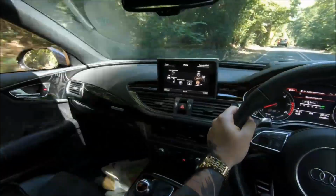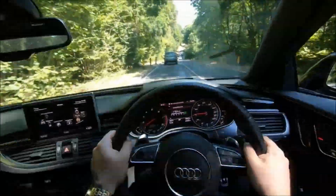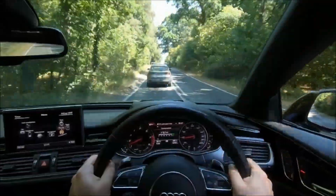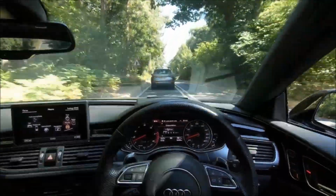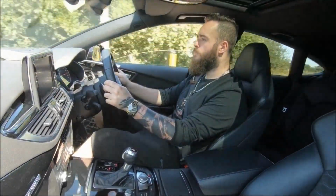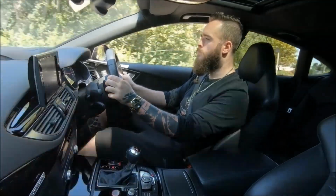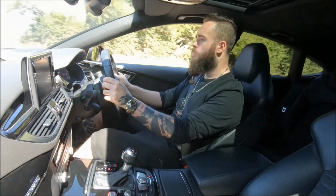For me, though, Audis have this unfortunate thing that sometimes happens, and I'm sure it's very much a personal preference thing, but a couple of other journalists and outlets have mirrored my thoughts here, wherein for some reason I can't quite put my finger on, certain Audi models and certain BMW models in particular, for whatever reason, even RS and M performance models respectively, there's something that they don't quite do for me. It's just this intangible thing. Maybe it's character, maybe it's personality, maybe it's just sheer fun,